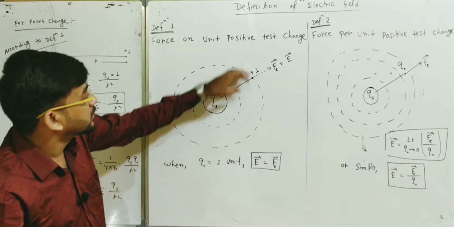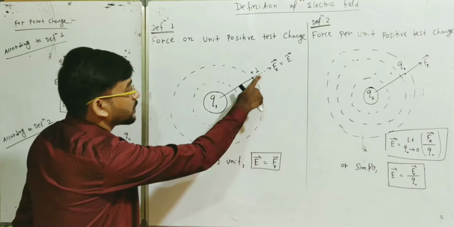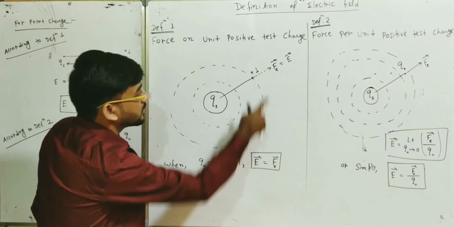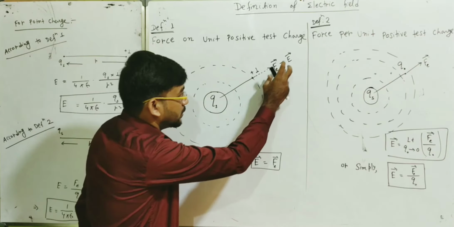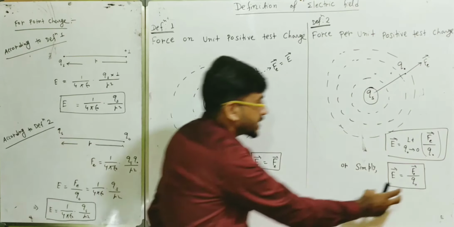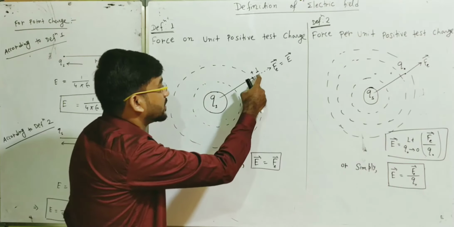But here, if we use this plus 1 charge, that is, if we place this Q0 equal to plus 1, then it will be E is equal to Fe, that is written over here. But numerically this expression and this expression will give the same result, but physically this is not correct, because if we